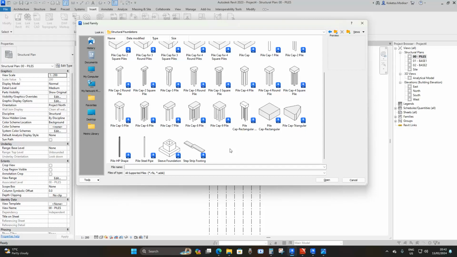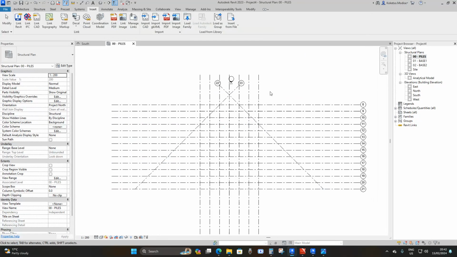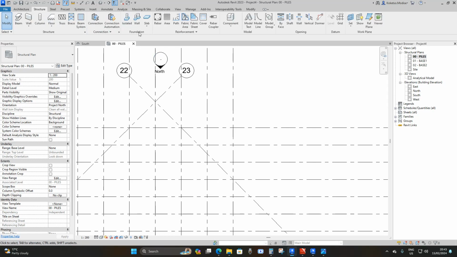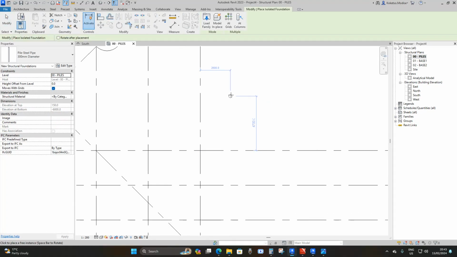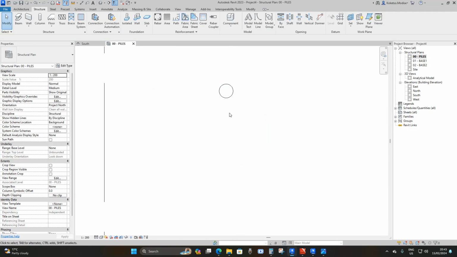So separate your elements as much as you can, and it has to make sense in terms of being at the sequence, if that makes sense. So yeah, instead of using a single family, we're gonna load in our piles, but I believe we don't have concrete piles, but it doesn't matter. We're gonna change this steel pile to concrete. So load it in, and then we're gonna go to structure, and then under foundation we're gonna choose isolated, and we're gonna place it randomly there. Press escape, and then